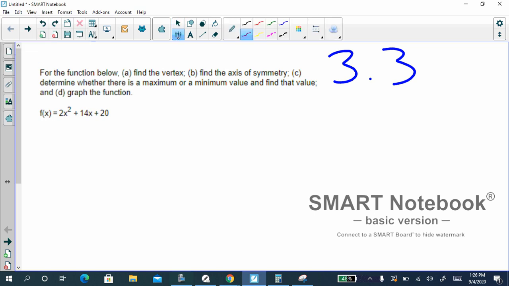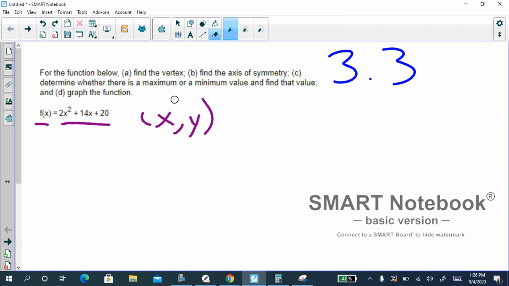So let's take a look at this quadratic function. It's a quadratic because we have a polynomial of degree 2 and it's a function. So remember, a solution here is going to be an x and a y. An x goes in, the answer is a y. So they ask us to find the vertex, and there are two ways to find the vertex for a quadratic